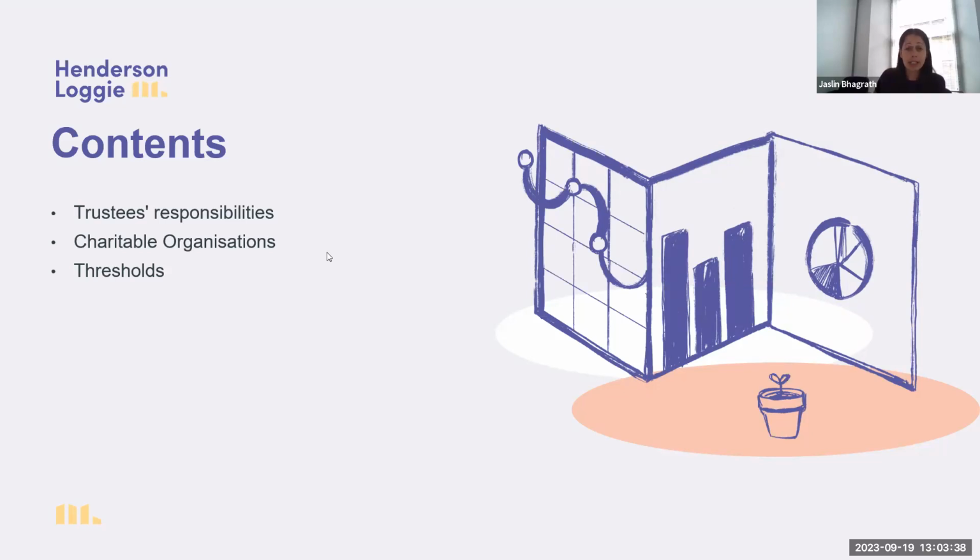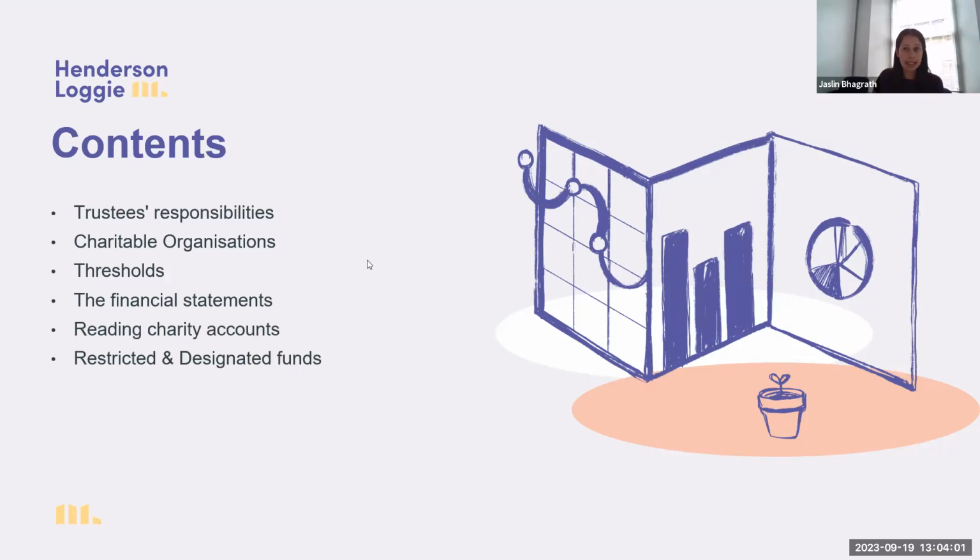Then I'm going to cover the different types of organisations, a quick overview for those who don't know that there are several different types of charity organisations, and then thresholds in terms of accounting and auditing requirements around them. Then we'll do a bit of a dive into the financial statements and hopefully give you some tips on what to look at when you're reading financial statements and questions to ask. An overview of the different types of funds that there are in charities, and last but certainly not least is the trustees report, how important that is, the part it plays, and that will also cover reserves and the reserves policy and how we think about that and document it. So first up,